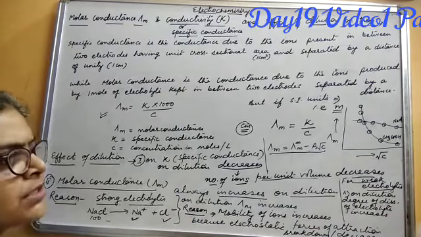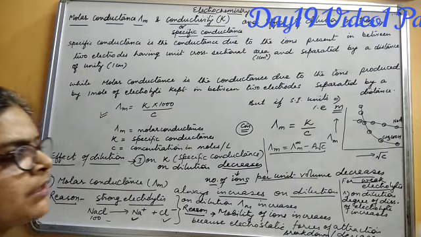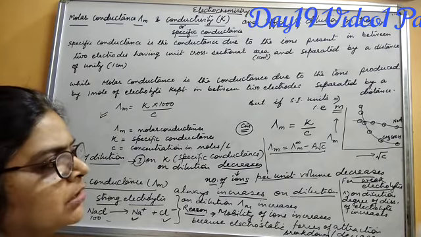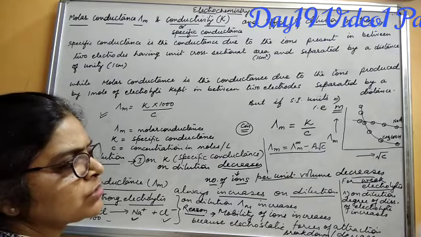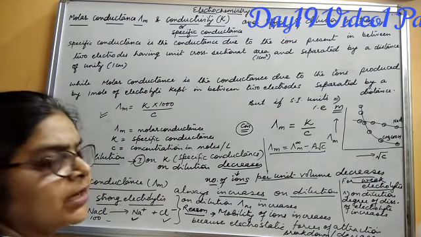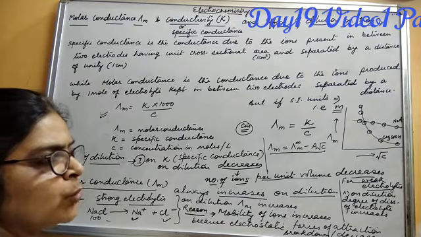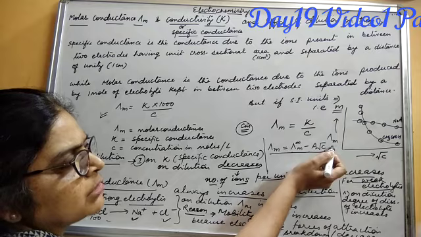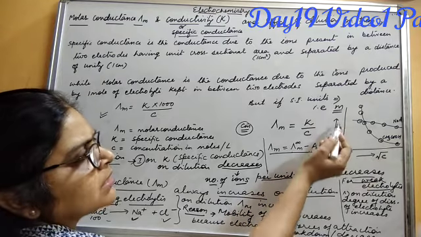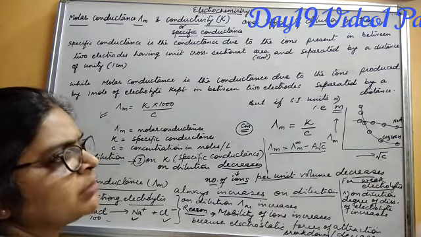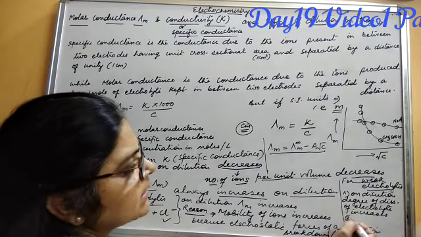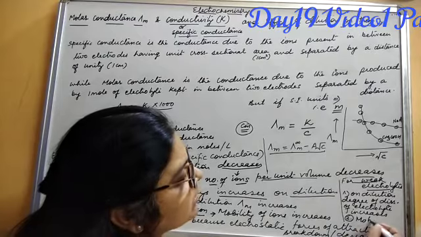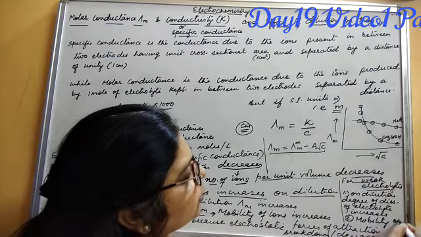Why does the degree of dissociation increase? Because weak electrolytes are not completely dissociated, but as water is added continuously on dilution, more and more dissociation takes place, or more electrolyte gets dissociated into its ions. If more ions are there, greater molar conductance will be there. So the increase will be sharp. Second reason, as in a strong electrolyte, here it is also there: on dilution, the mobility of the ions also increases.